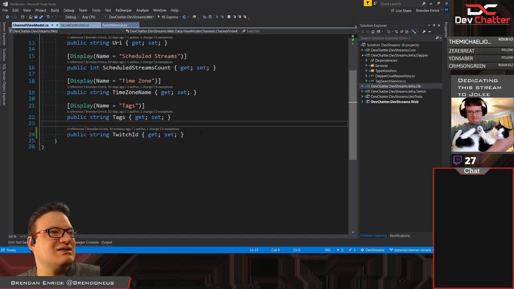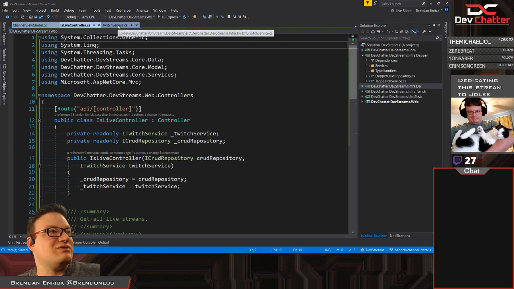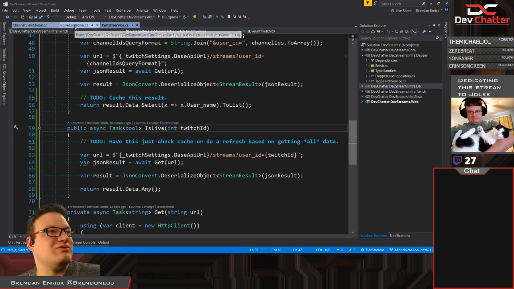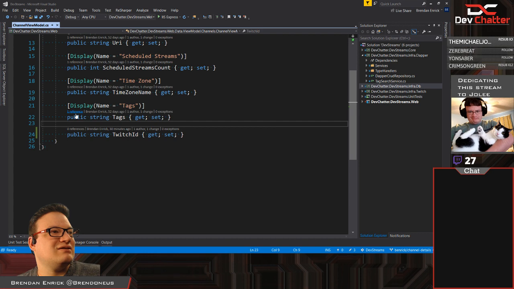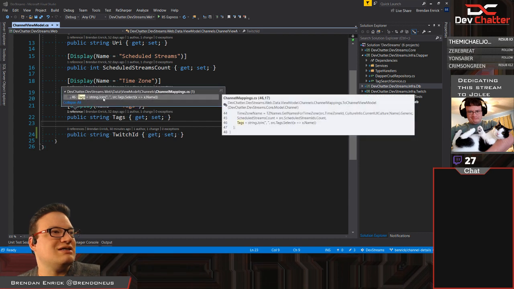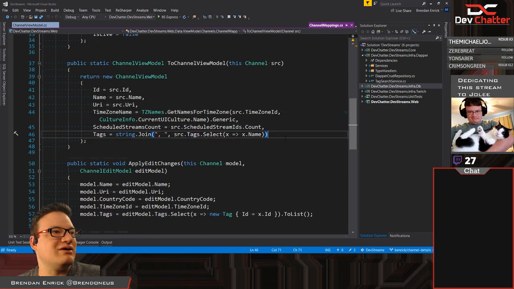That's our Twitch ID. This live controller is going to receive the Twitch ID that we set from there, which means that I need to make it so that that value actually gets set. So, where did this get set? Right from there.